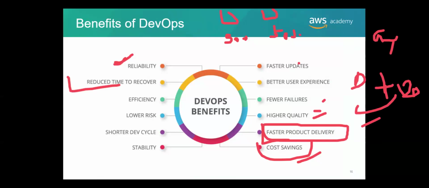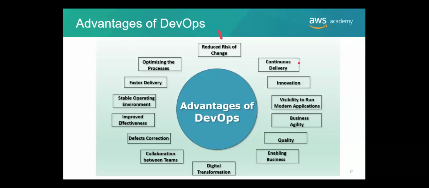Reliability, reduced time to recovery, efficiency, lower risk, shorter life cycle, and stability. So all these are the benefits. Now, which is advantages of DevOps. Yes, Janani, now you are able to read it. Reduce risk of change. Now I don't want to change it again and again, so we are reducing the risk of change. Next one,